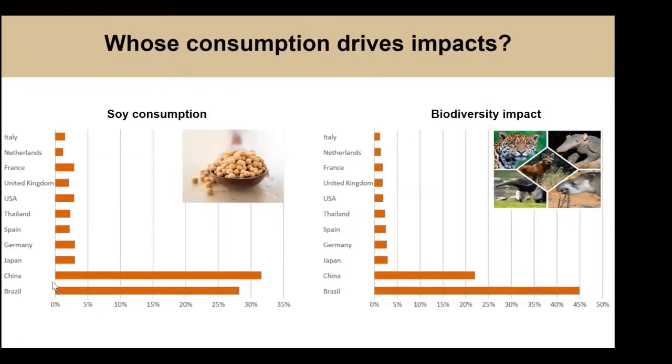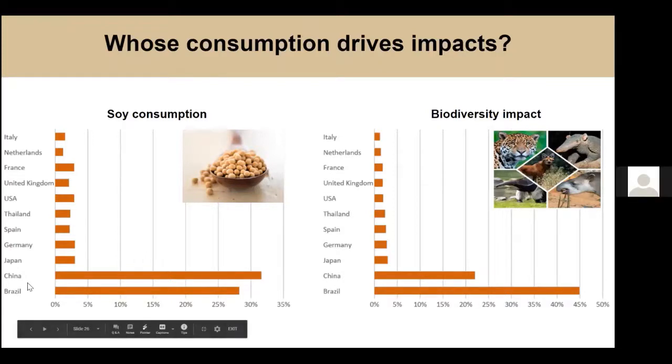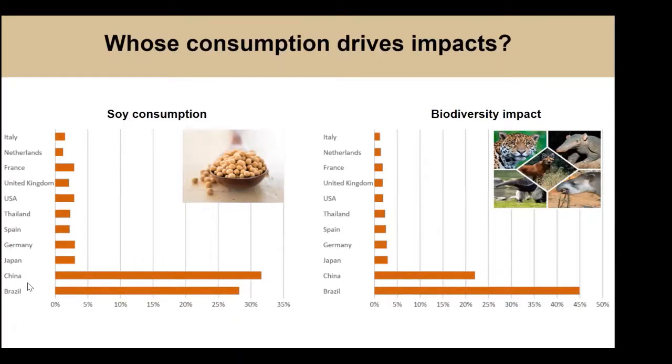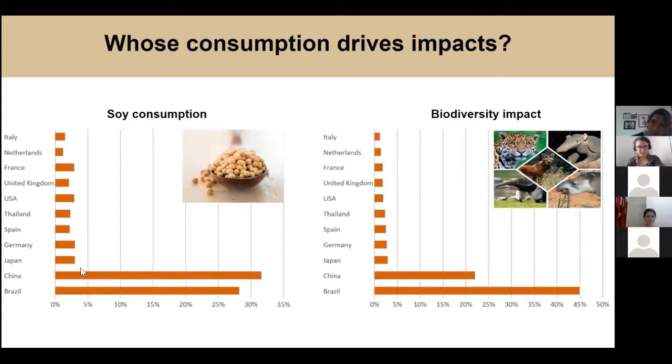You might expect that it would trade quite locally, but actually, of course, countries around it also produce their own soy. So you don't see Argentina and Paraguay so high in this list. And your biggest consumer is China, but the EU also features heavily if you aggregate to that level. What's more interesting probably is looking at the biodiversity impact.